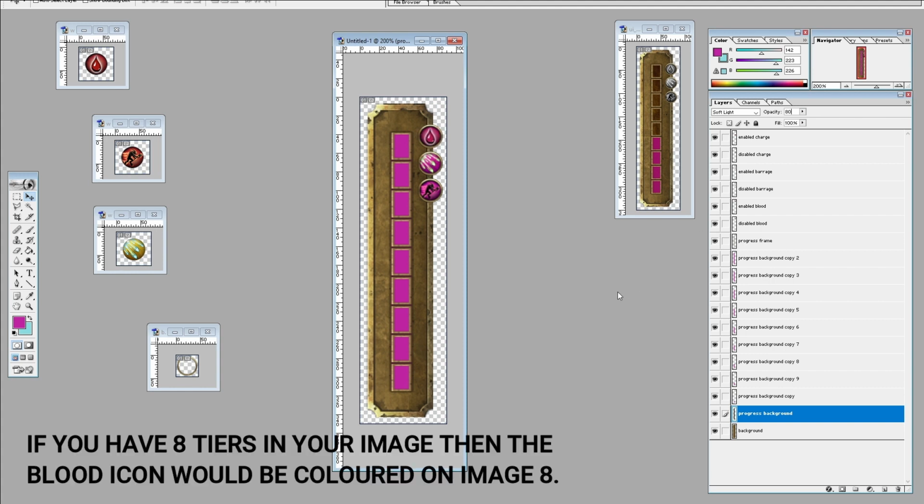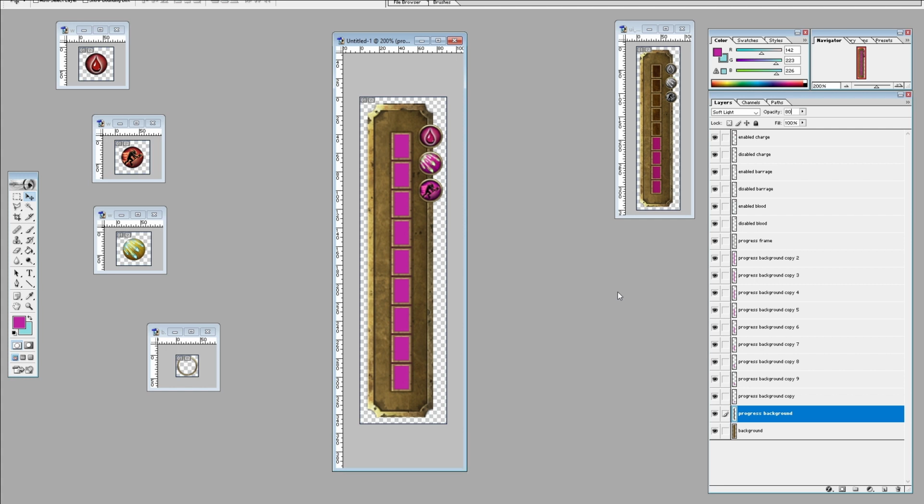So we have images 0 through 9, so 10 images in total that we will then load dynamically during the game from our script file, depending upon how much of the resource the player currently has. So what you need to do is, let's get rid of the enabled for a moment